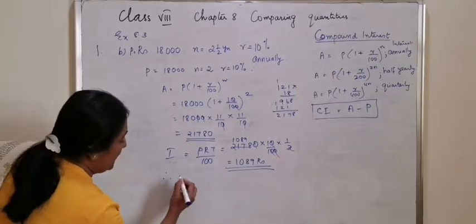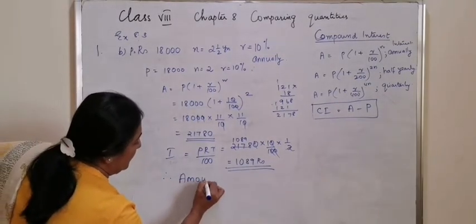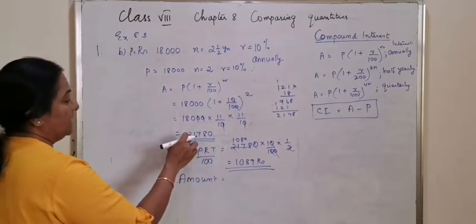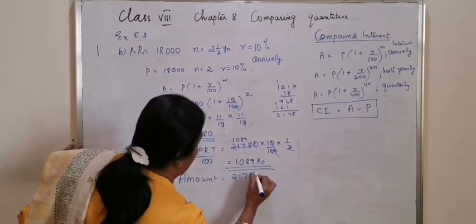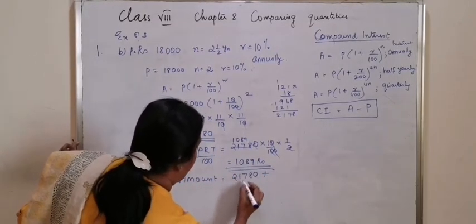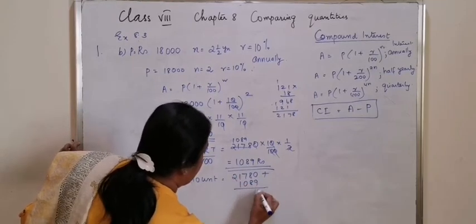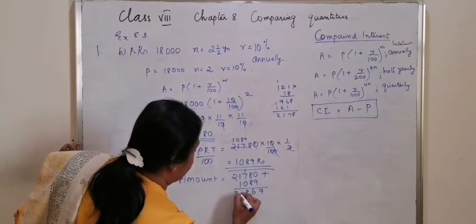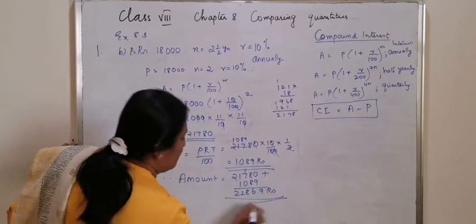So the total amount is 21,780 plus 1,089, that is rupees